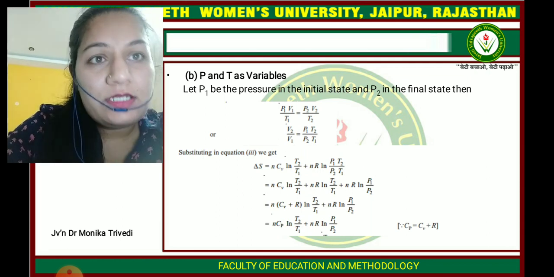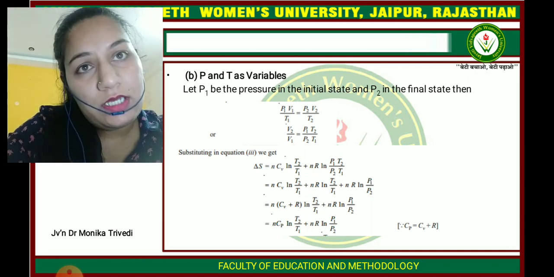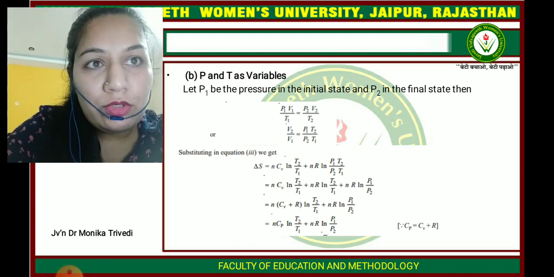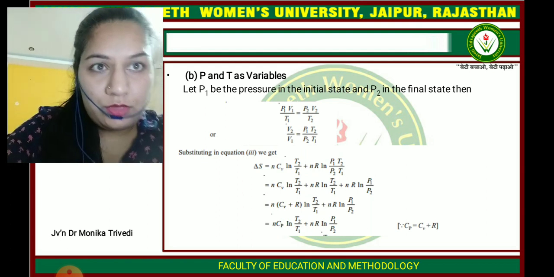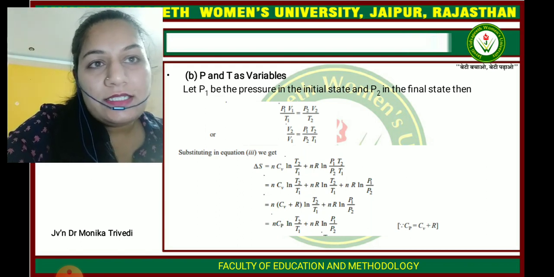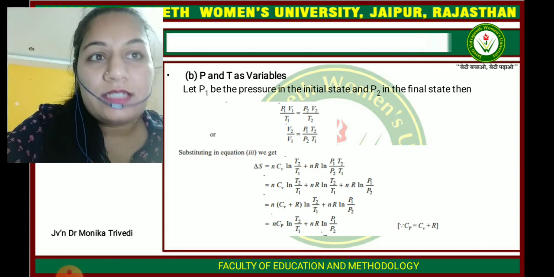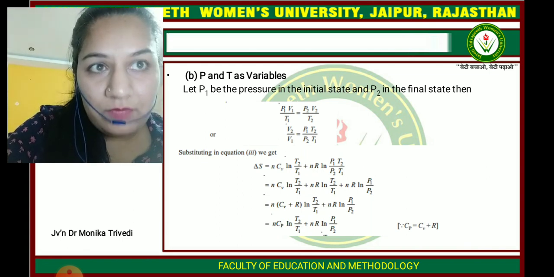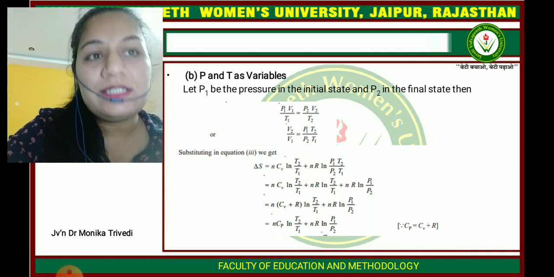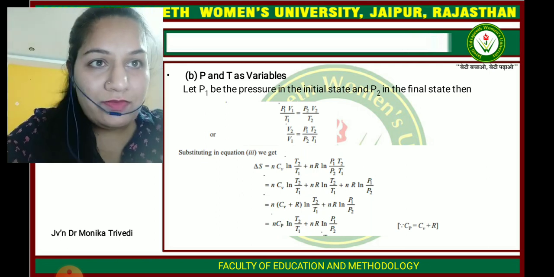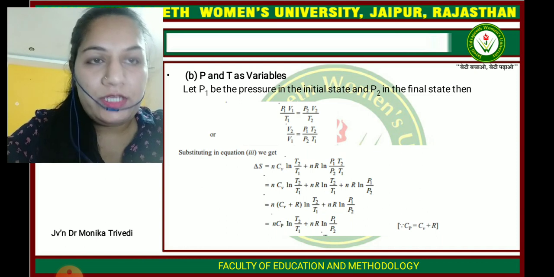By substituting this in equation 3, if you put the value of V2/V1, we get ΔS = n Cv ln(T2/T1) plus nR ln, where we put the value of V2/V1, which is P1T2/P2T1. So if we simplify all this equation,